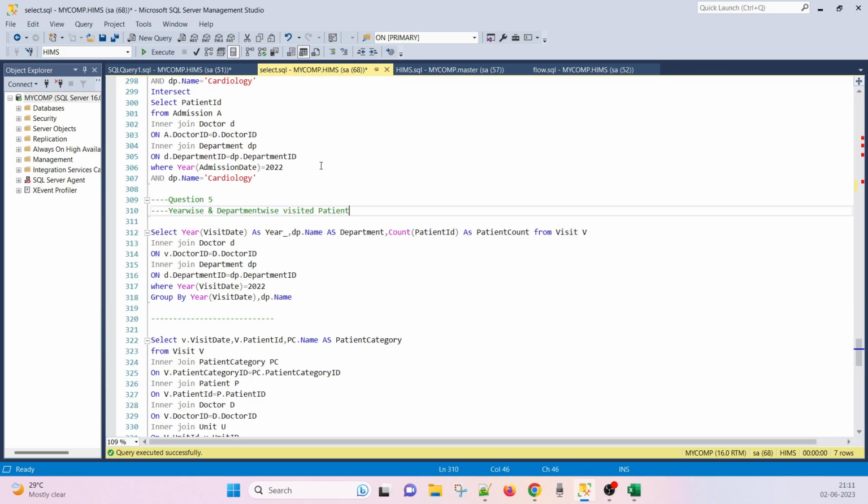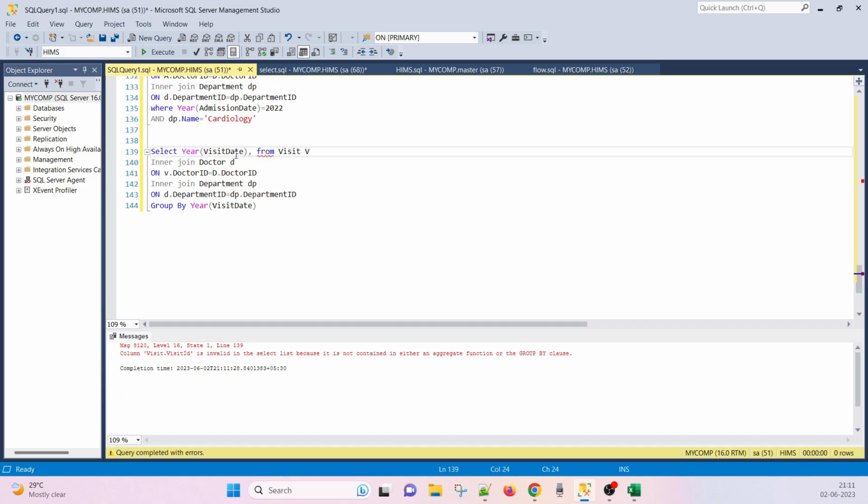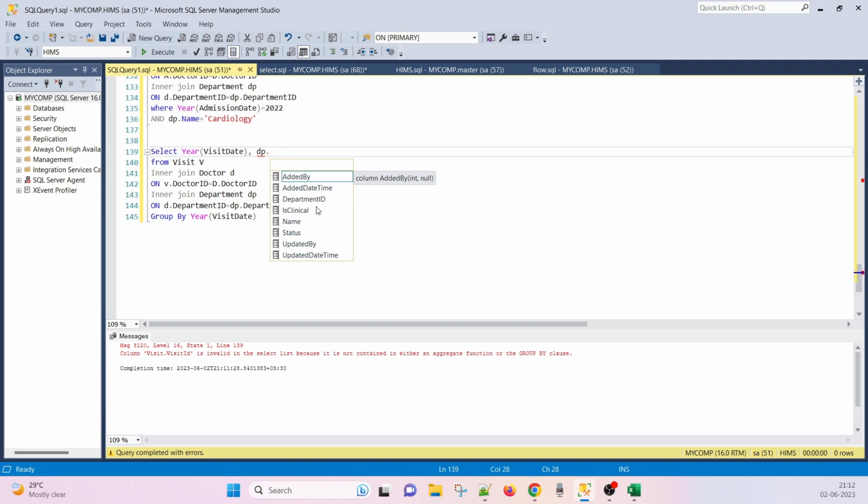Because the question says year wise and department wise visited patients. So on the basis of visit, I am considering visit as a table, and department wise and year wise. I get the year from this, and the department. How will I get the department? dp dot name, and then dp dot department name as